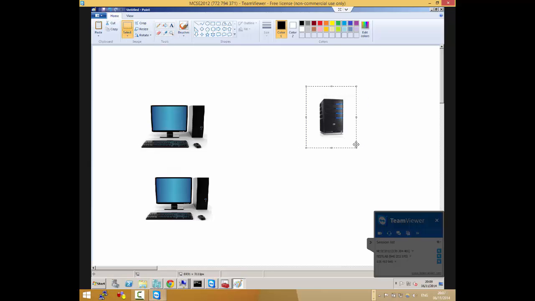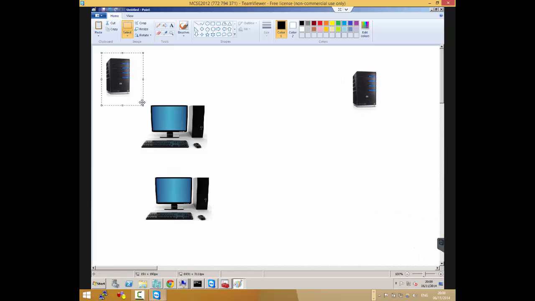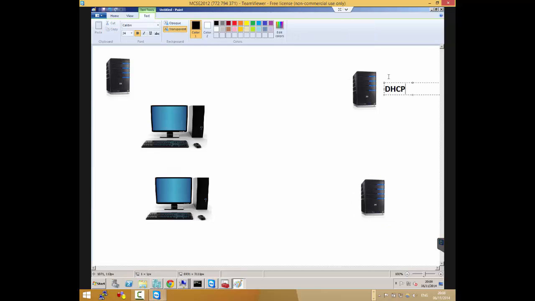Okay, so now let's go. Yay, we have multiple servers now. So we have this server that we just deployed, and this other server that we just deployed also. Let's say this one has DHCP on it, it has AD on it, it has DNS on it, because those are the prerequisites for WDS. And let's say on this one we just have the WDS server installed.